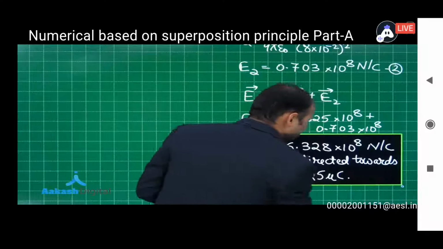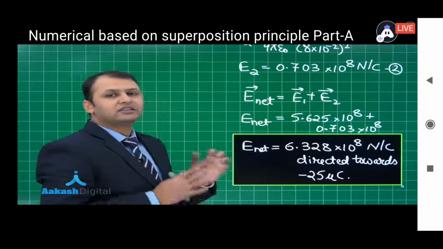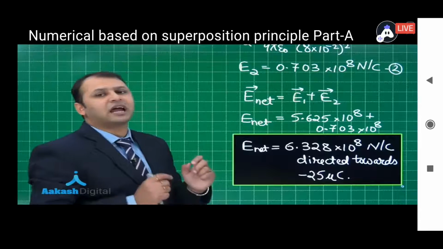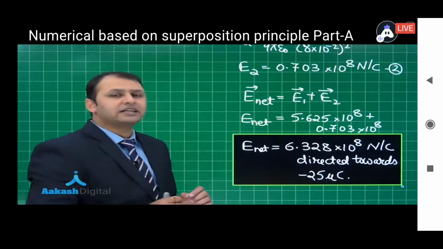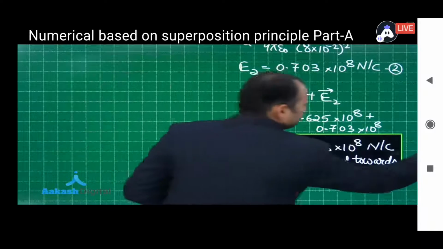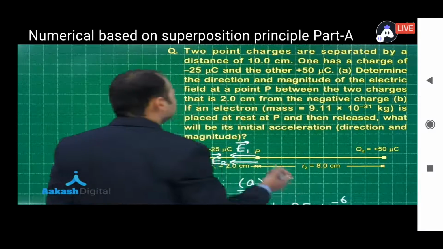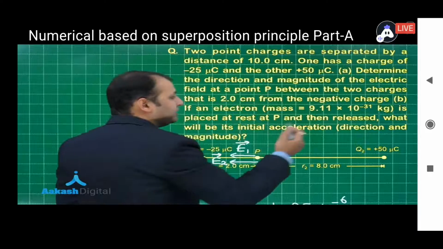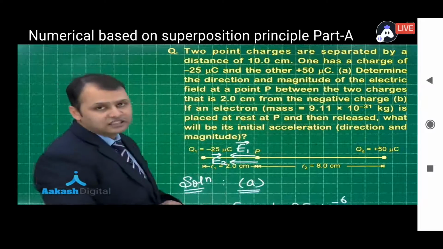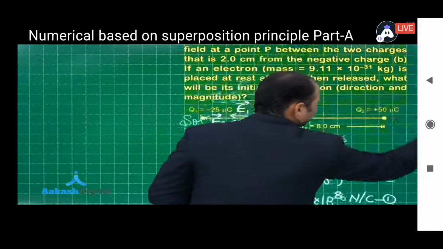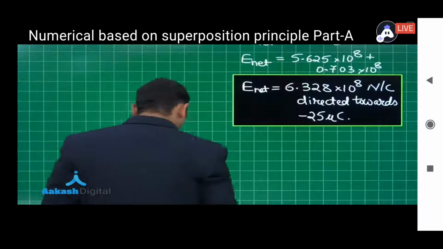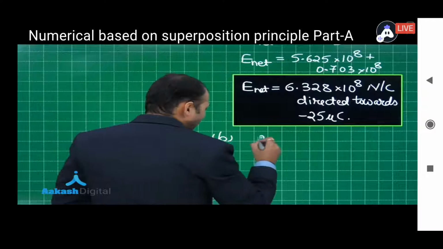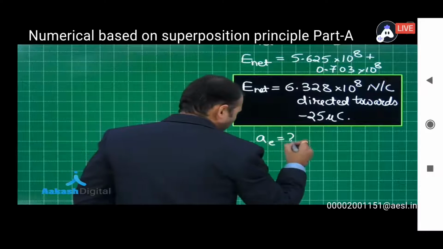I hope you have understood this one. Now the point is the second part of the question. The first part, we have found the net electric field which is acting at point P. The second is, what about if I put an electron here? If an electron of this mass is placed at rest at P, then what will be its initial acceleration? So in order to find the acceleration, we first should know what is the force which is acting on it. So solution of second part, we have to find the acceleration of electron,